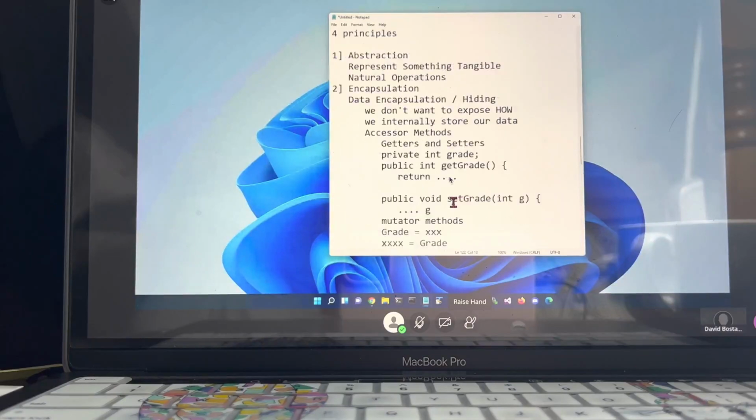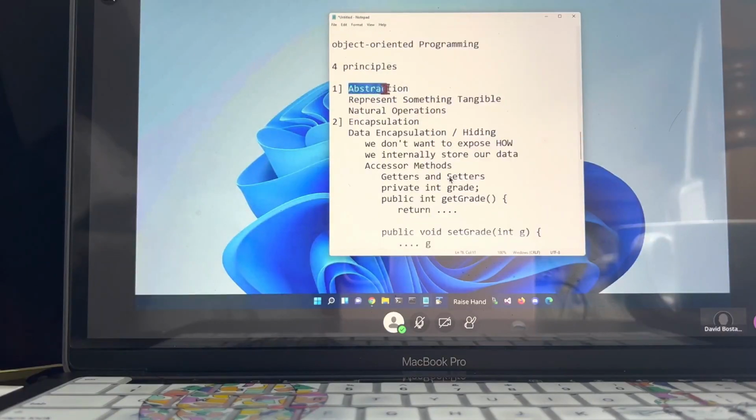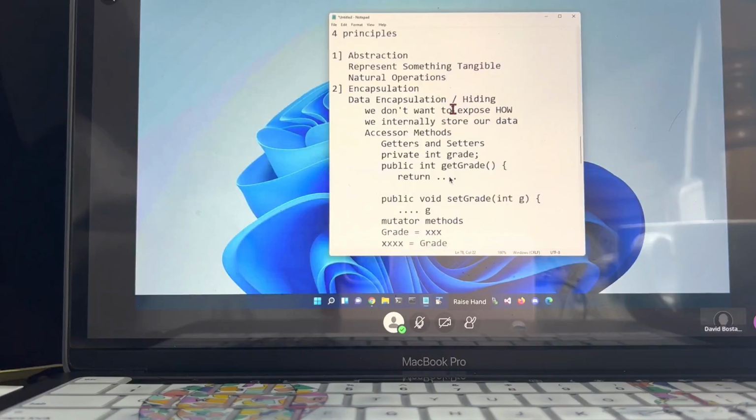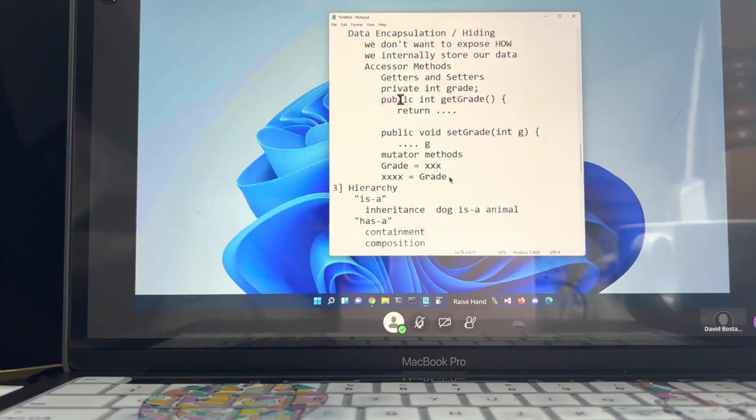So our 4 items in review are, we have abstraction, meaning that we need something tangible to represent as an object. And it specifically needs to have natural operations we can put upon it. So our animal naturally could speak. Encapsulation, which says it's okay to hide our variables. And in fact, normally we also want to hide our implementation, although that's not always mentioned under encapsulation. We can mention it there. Implementation shouldn't be made public, normally.